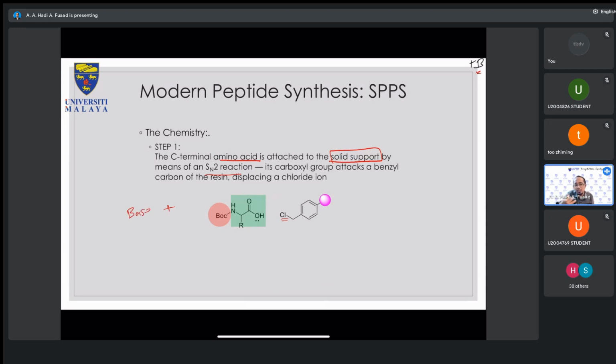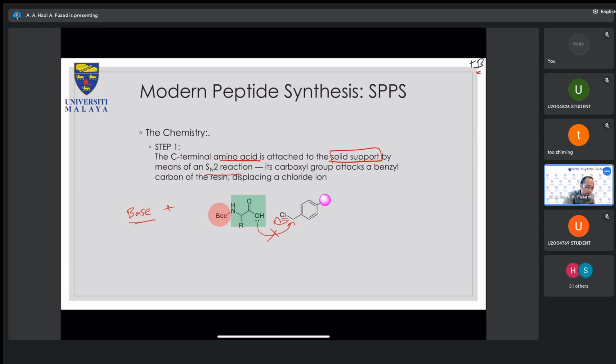Because at the end of the day, if you just have a carboxylic acid and a chloride like this, it will not simply react, and this will not happen. The lone pair itself is not strong enough to react simply. If it's an acid chloride, then yes, you can. But this is not an acid chloride. This is simply a halogenated entity. So you need a base.